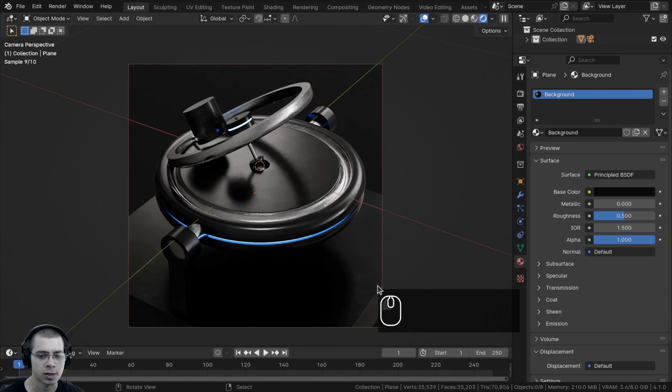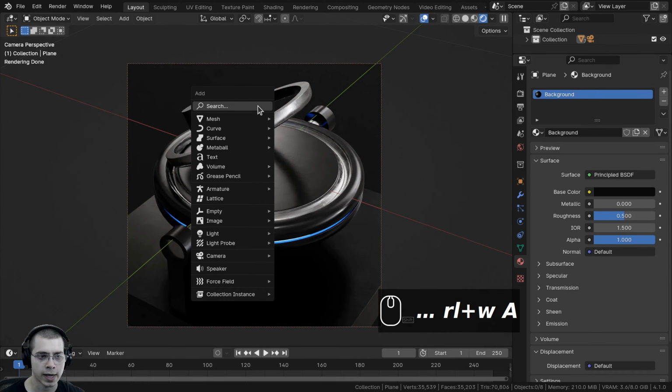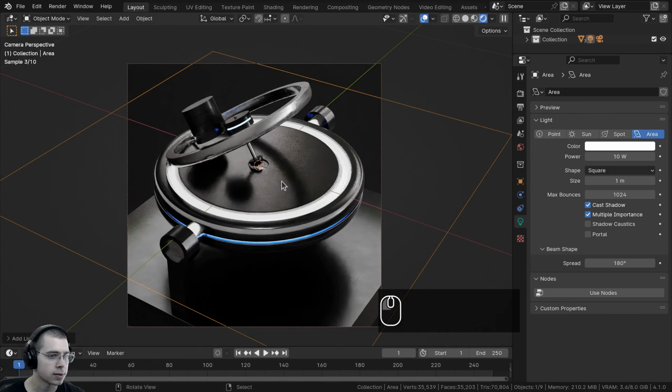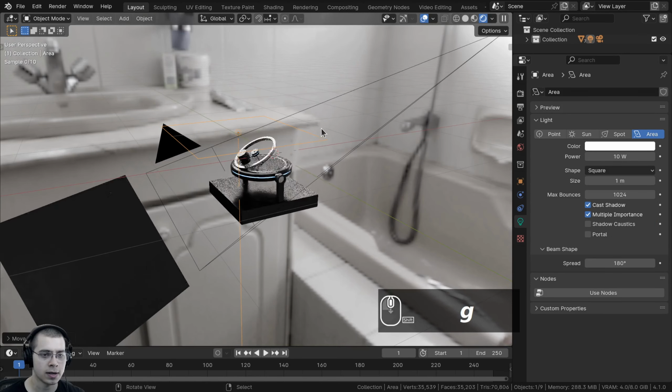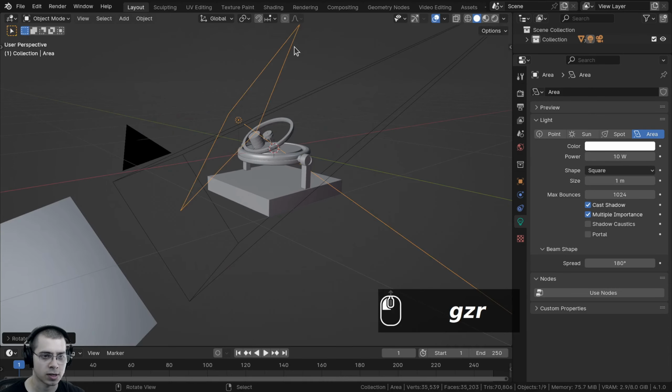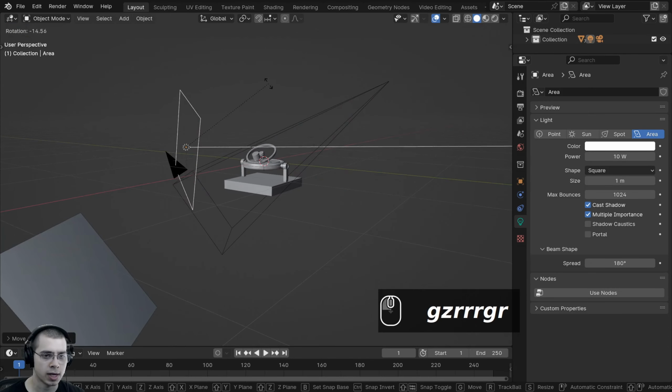and we're now going to be adding some area lights to light up the scene because it is a little bit dark. So I'll press Shift A for the add menu. Let's go down here to light, and I can just add an area light. And I'll bring the area light up here, and let's go back to solid view, and I'm just going to rotate the area light, and I'm going to rotate it right back here.